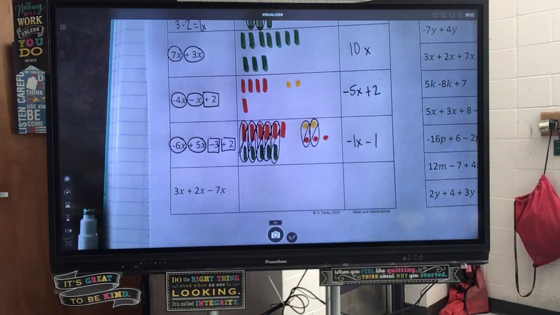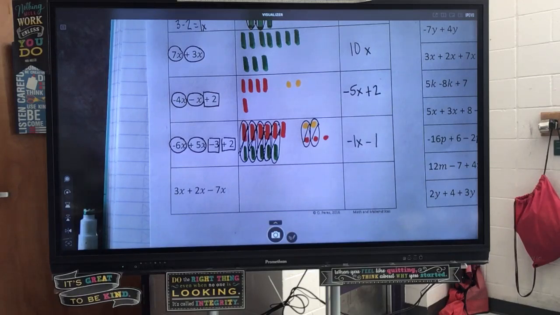Alright, questions about that one? Yes, no? Okay. Alright, the next one, we have 3x plus 2x minus 7x. So what can we combine here? What can we combine? Zoe,